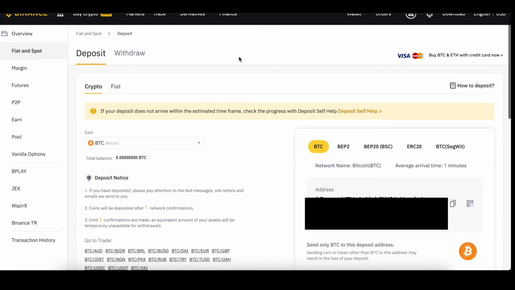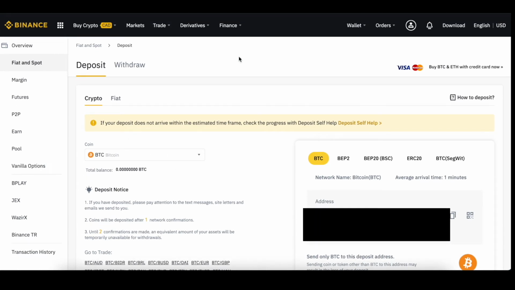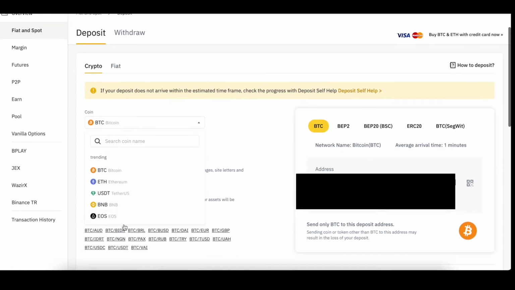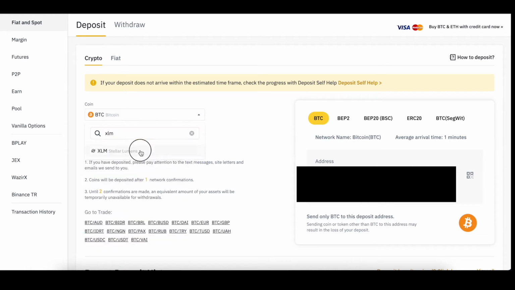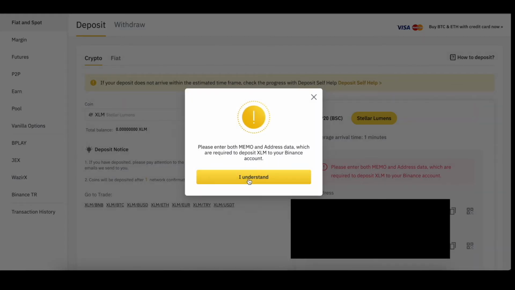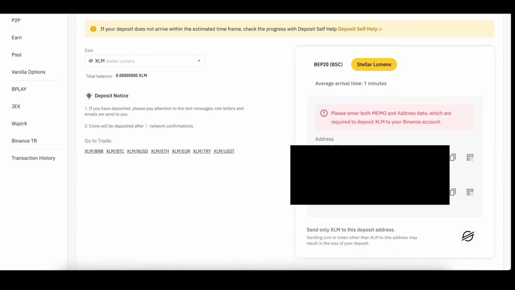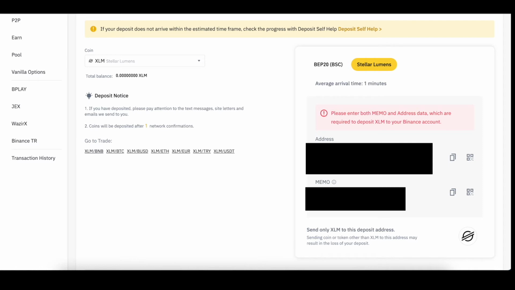Okay, so under deposit, since we're doing XLM and not any other coin, we choose crypto, and instead of Bitcoin here, we choose XLM. So just type it in, XLM, Stellar. So we get that, and we get this warning to let you know that you also have to enter the memo as well. So we always do the address, but we also want to do memo now. So we do understand, and obviously this is blocked, but you get the address here and the memo, and you